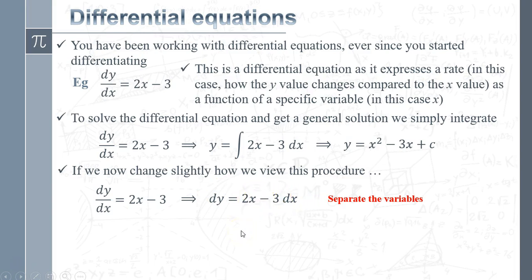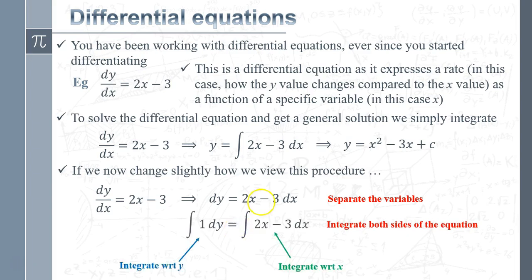And so now what we're going to do is to solve this equation. When you solve any equation, just do the same throughout the entire equation. So what I'm going to do is integrate both sides of the equation. So on the left, I'm integrating here with respect to y. That's what the dy part tells. And I've put this 1 here. I don't really need it, but I'll just put that there so you can see what it is that we're going to be doing. And over on this side, we're integrating with respect to x. So if I integrate 1 with respect to y, I get y. I integrate 2x minus 3 with respect to x, I get x squared minus 3x, and then I've got the